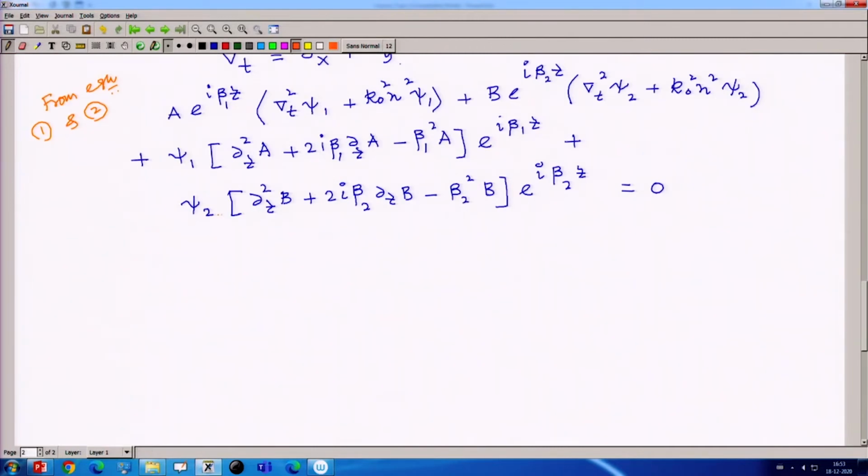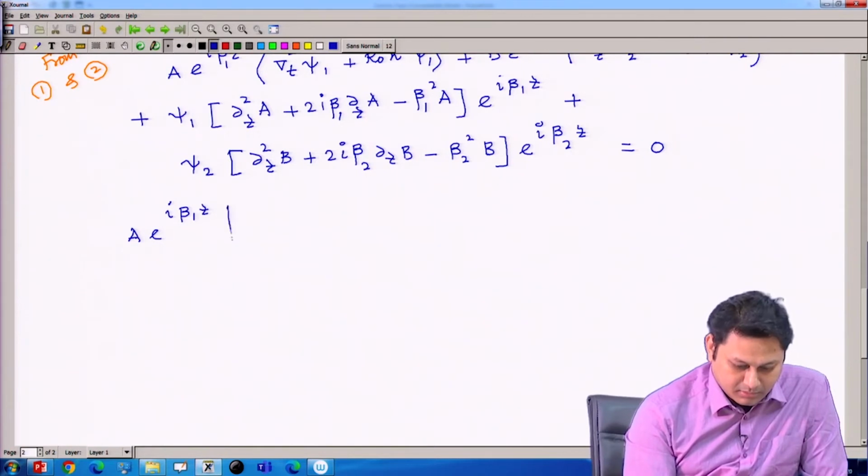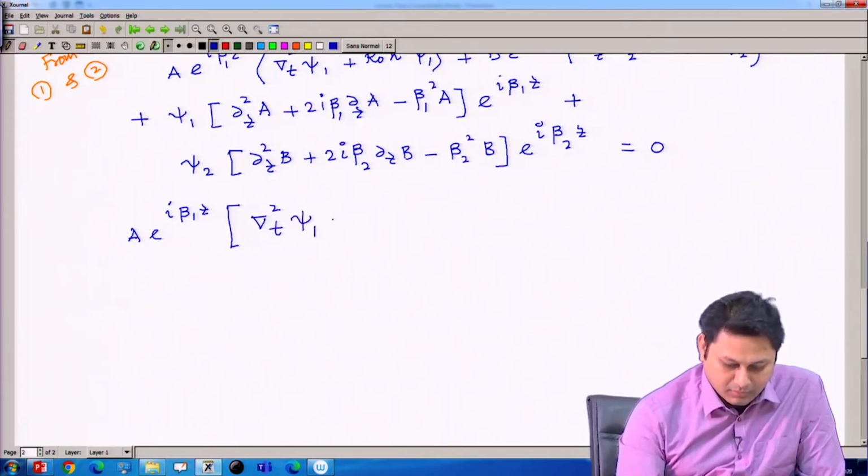So, these things I can simplify a bit, and if I simplify, okay, let me write it again, that this thing is a e to the power of I beta 1 z, then I have a few terms like this, psi 1 plus k 0 square n square minus beta 1 square psi 1,